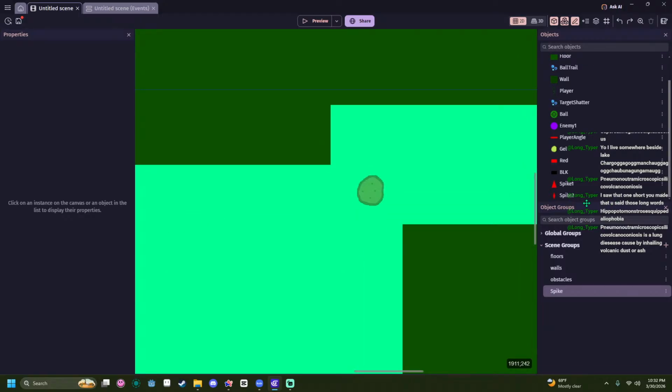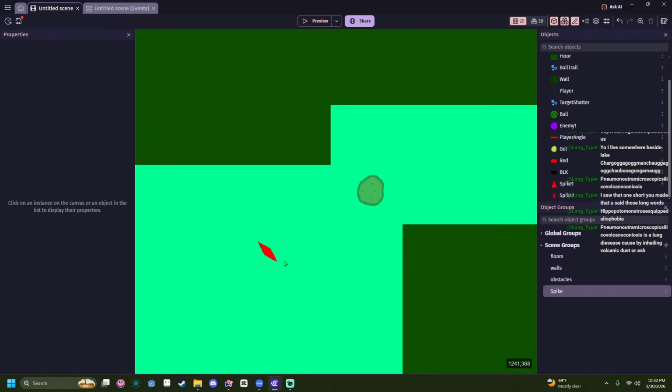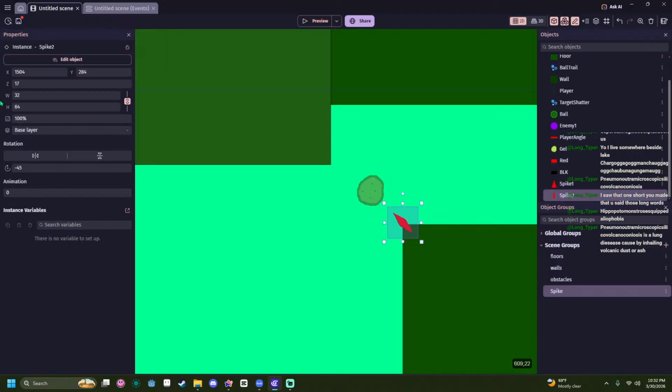Okay, so now spike 2. So the goal here is to angle it 45 degrees. 90? No, negative 45. There we go. Put it like there, and Z like 5. And then paste, and then what's the other one?